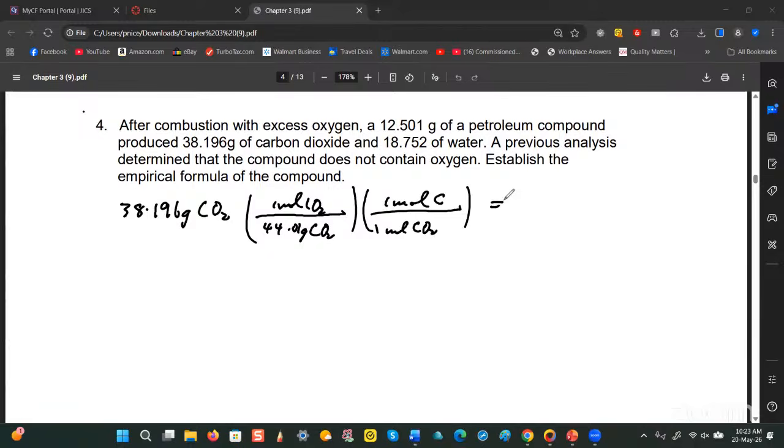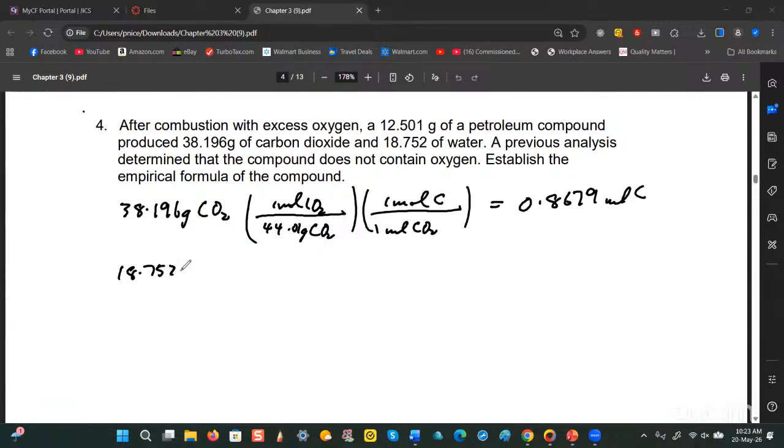38.196 divided by 44.01. So according to my calculation, this works out to be equal to 0.8679 moles of carbon, all right? And then we do a similar calculation for the water,